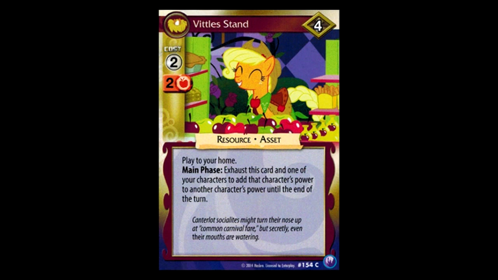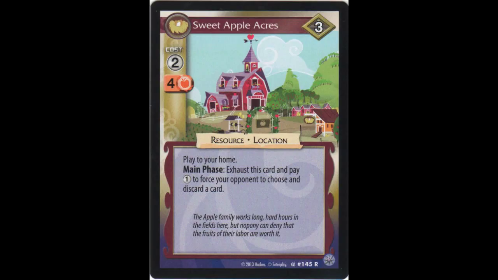You didn't even have to pay the 2 to move it. And finally, Sweet Apple Acres. It's a very common control card right now. It's not really as good as it was in Season 1. You'll hear me say that a lot for Orange-White, but it's still a pretty good card, so we're going to run it at 3. We wouldn't normally run it at 3, but because we're running Formare, we're going to run